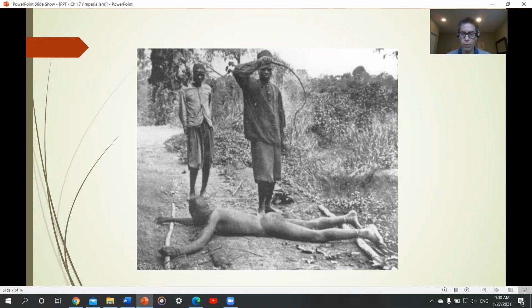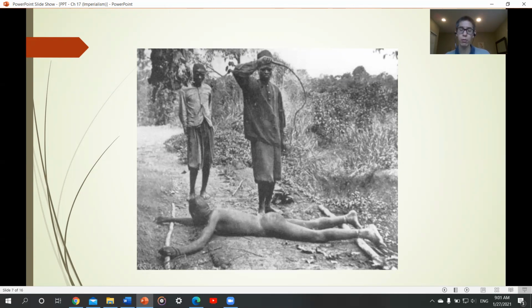You see a Congolese man stripped naked being whipped with what was called a chicote, C-H-I-C-O-T-T-E. It was a whip of hippopotamus hide or hippopotamus skin. And a few things that I always find notable about this photograph. First, the man being whipped is naked, which both maximizes the physical pain, but also adds a humiliation to this